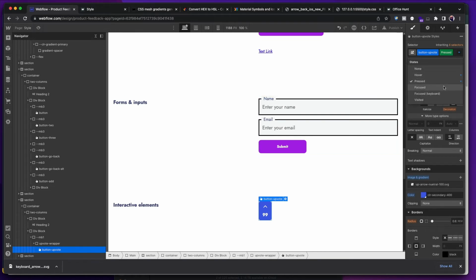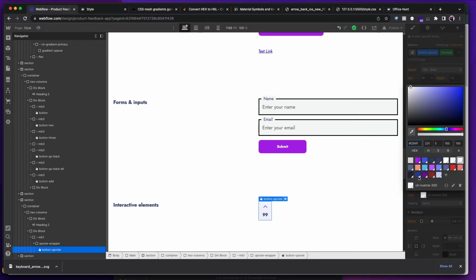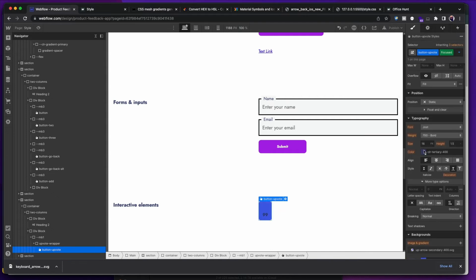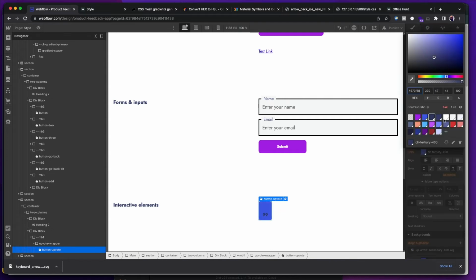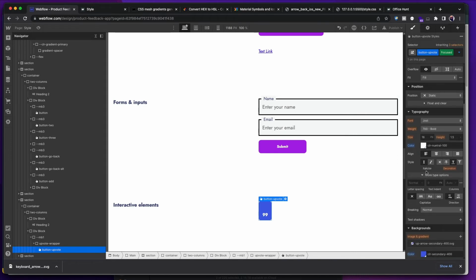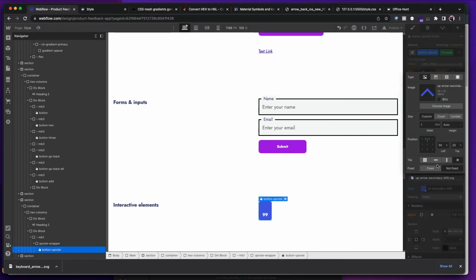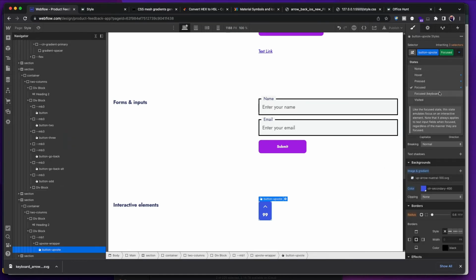So there we go, and then we'll also do this when focused. So focused, we'll go ahead and here, here, and then let's go ahead and swap the image for that. And then if we go focused keyboard,